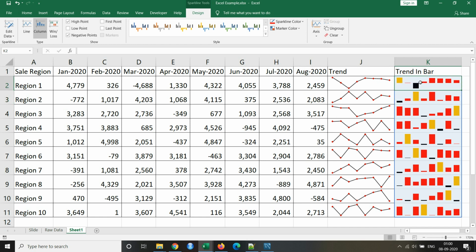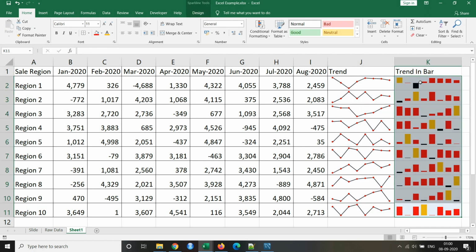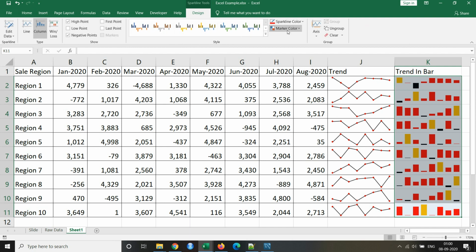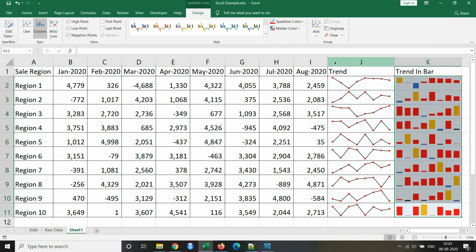Now the other options we have for design are the first and the last point. The high point we had already done, low point is red, right? So let's check low point. Let's change it to blue. This one is for either loss or the low point, right?